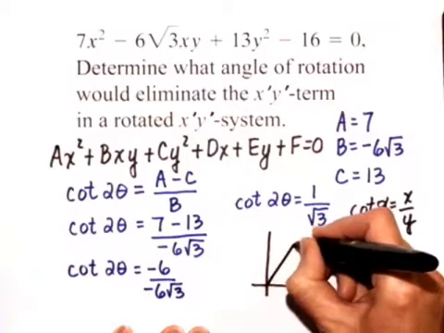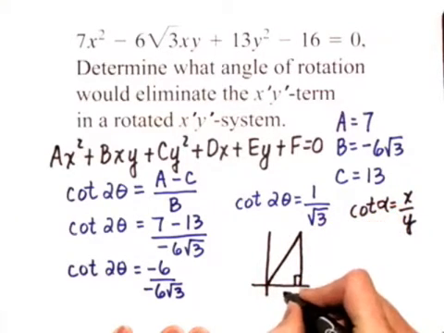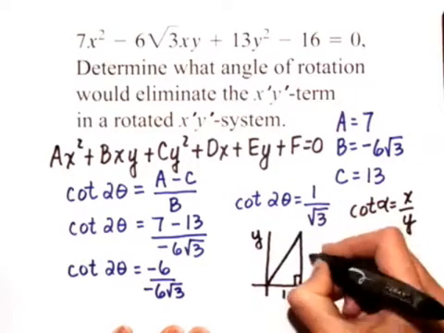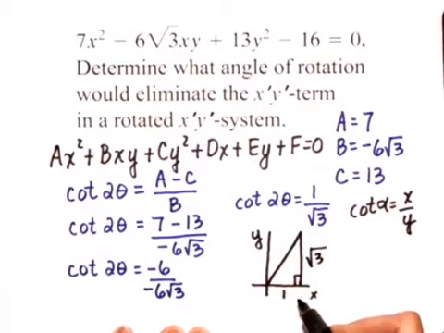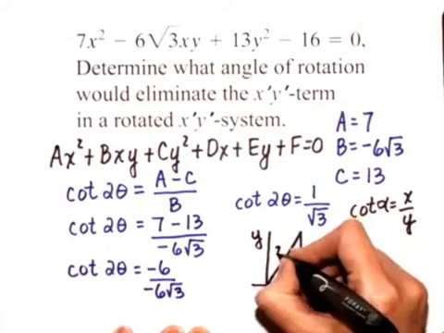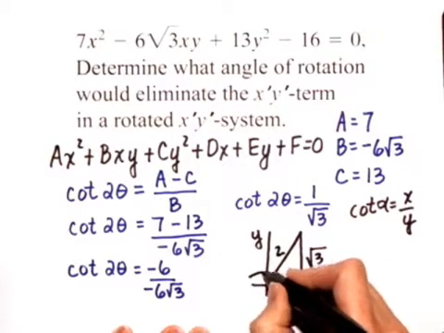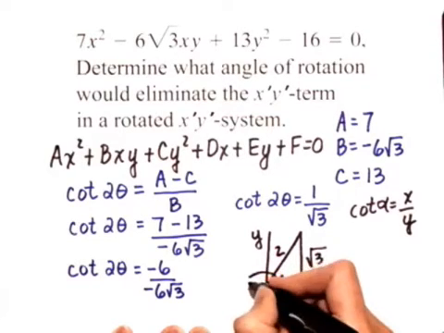So I'll draw a triangle where my x value is 1 and my y value is the square root of 3. This is a special 1, 2, square root of 3 triangle, and this angle in here, opposite from the square root of 3, would be a